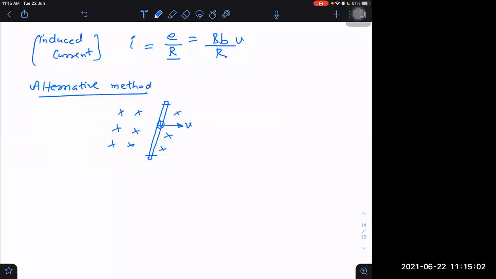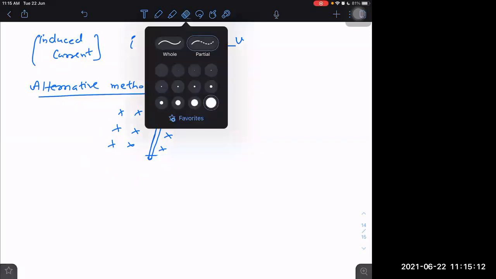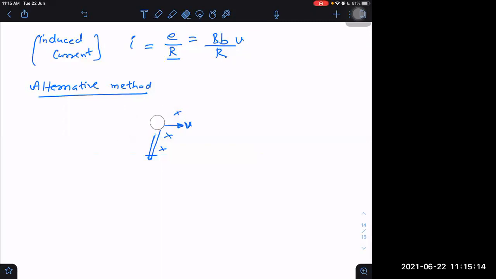The wire is moving, and with what velocity is it moving? With velocity v. How will the force be acting on this, if it is a positive charge? Positive charge is upwards. Let me do one thing. Let me remove it so that I make a clear diagram in one plane. And let me take the rod also in such a way that it is clear. This is a rod, a conducting rod, let us say, and the magnetic field is into the plane.